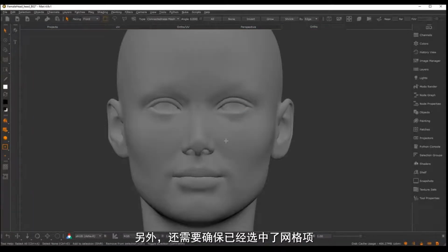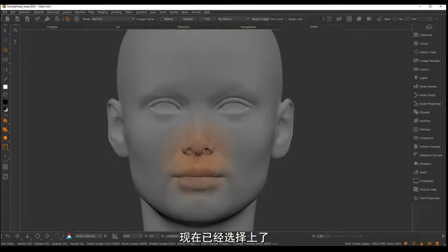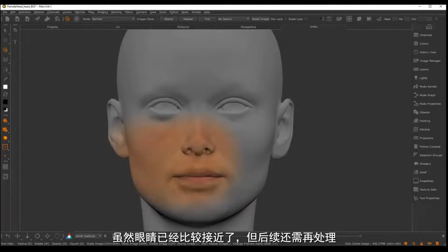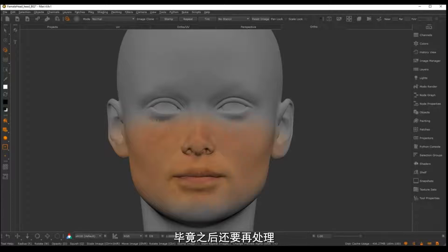Oh, also I need to make sure that my mesh is selected. So I have that selected now. And then you can see the projection is coming through here. And now I'm just going to focus. Even though I'm getting a bit of the eye there, I'm going to be going over the top of that anyway, so I'm not too worried. And also, I'm not too worried about stretching, so I let the texture roll off the